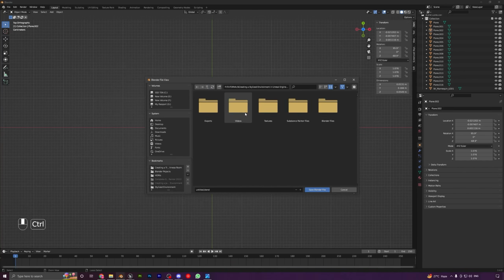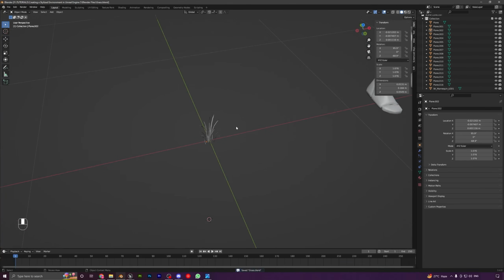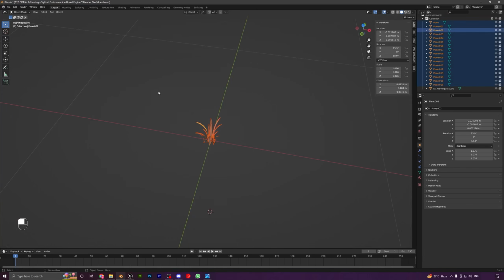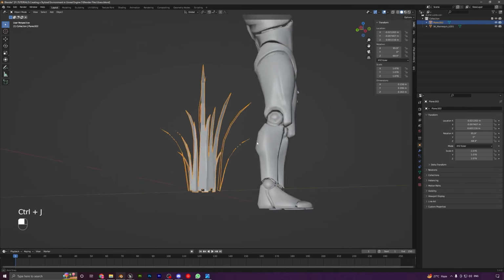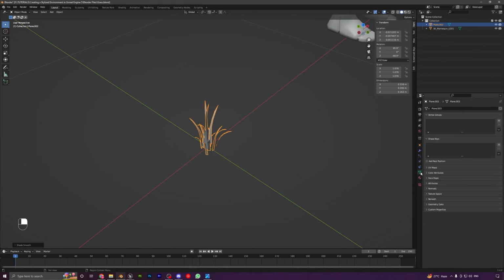And now in the Blender files folder, let's rename this to grass and hit save. All right, so now what we need to do is select them all like this and then press Ctrl J to join them all together so that they are just a single object like this. Right click and shade smooth this